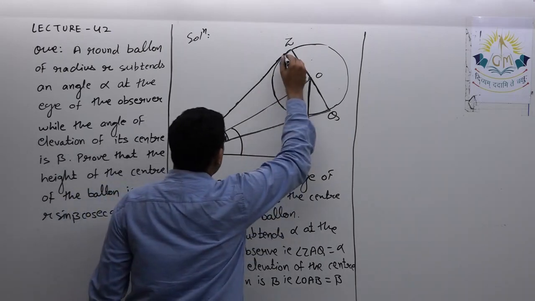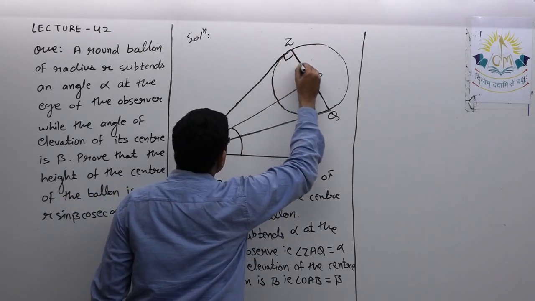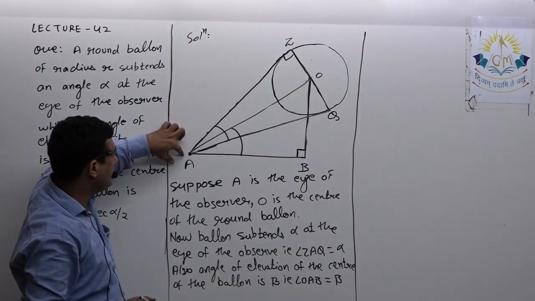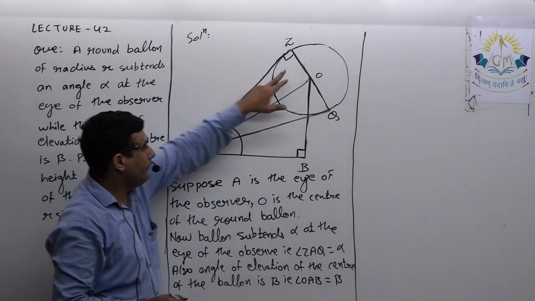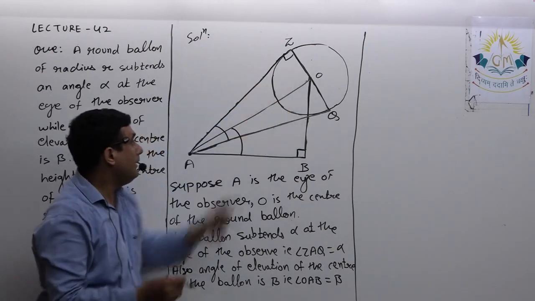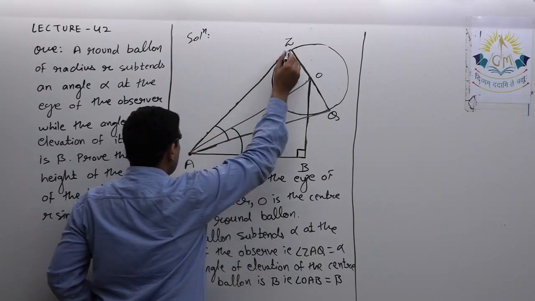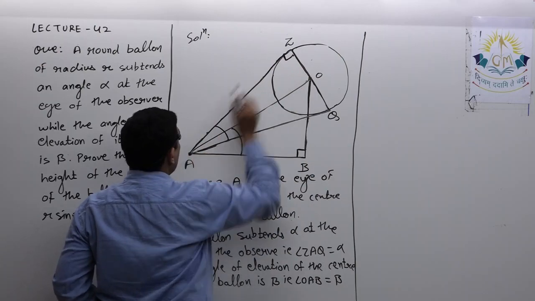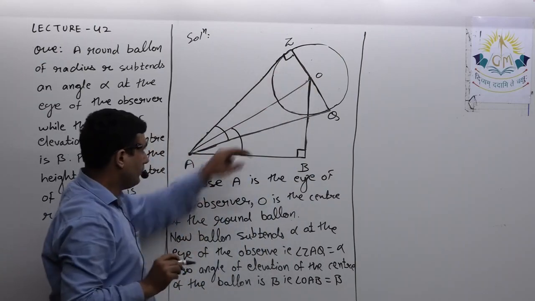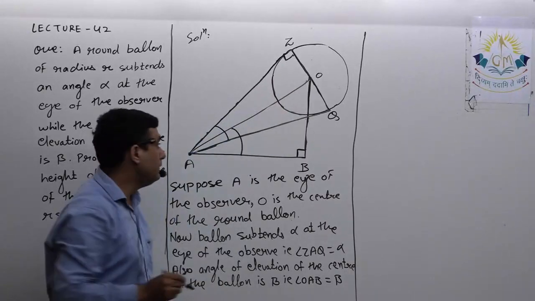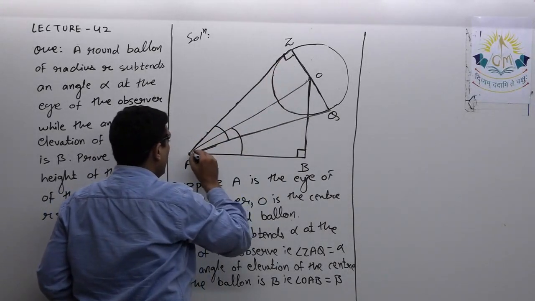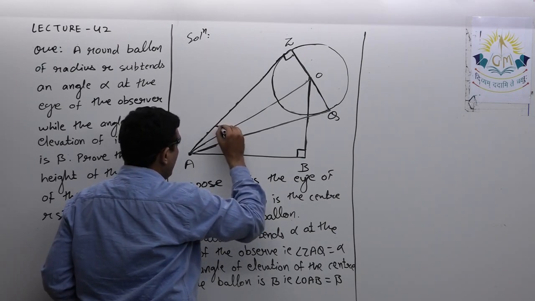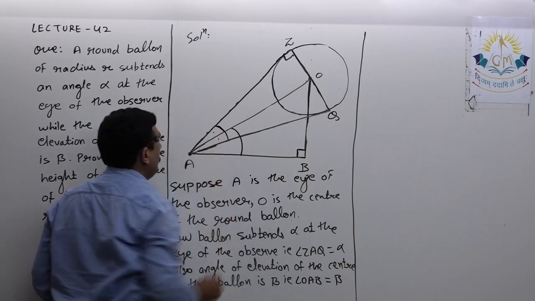Now see, if you know the angle between the radius and the tangent, now you should be able to understand what tangent is. Tangent is a line or line segment or ray which touches the circle at a single point. And we also know that this angle at the point of contact is 90 degree. That means angle OZA is 90 degree. So second trigonometric ratio we can apply over here. Now if I apply trigonometric ratio over here, I must need this angle. Now this complete angle is alpha, so this will be alpha by 2, half of that.